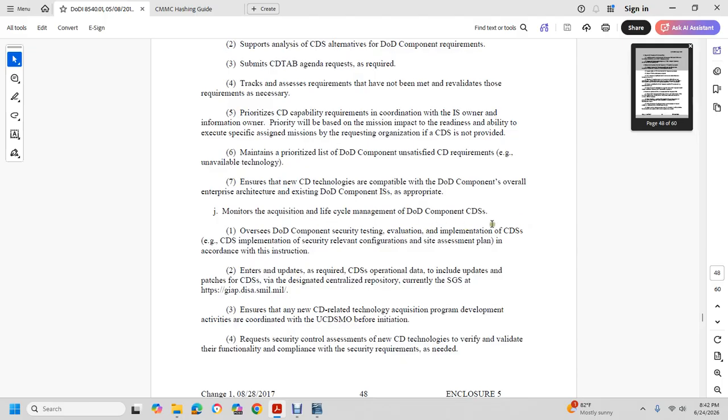Manage the acquisition lifecycle of the DoD component's cross-domain services, and oversee the DoD component's security testing, evaluation, implementation, cross-domain services, cross-domain implementation, security review, configuration, and site assessment plan in accordance with the instruction. Enter updates for the cross-domain service and the operational data, including updates and passes, in the designated centralized repositories, such as SGS, GIAP, DISA, and SML. Ensure new cross-domain related technology acquisition and program development activity is coordinated with the cross-domain SMO before initiating a request for security control assessment of new cross-domain technology, and verify validated function and compliance with